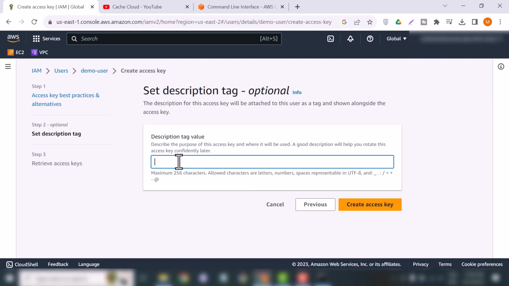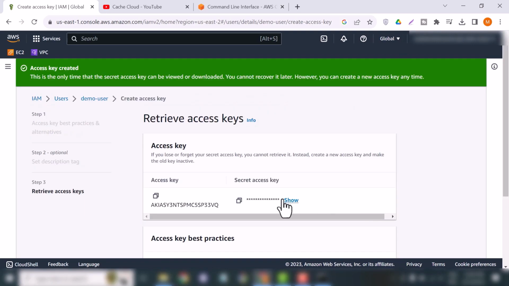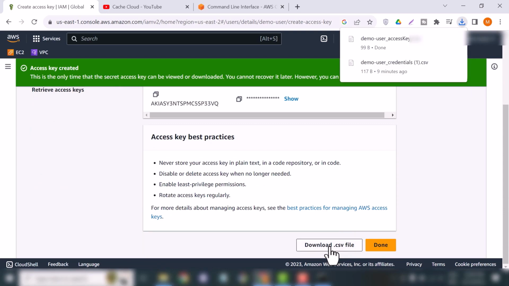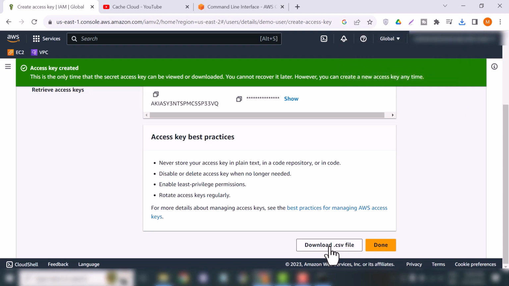In the description tag you can add anything, like I'm adding my user. Okay, now it's time to create. So this is the access key and secret key. Just download this CSV file on your laptop, because we will use this key to configure AWS on Windows. So once you download this,